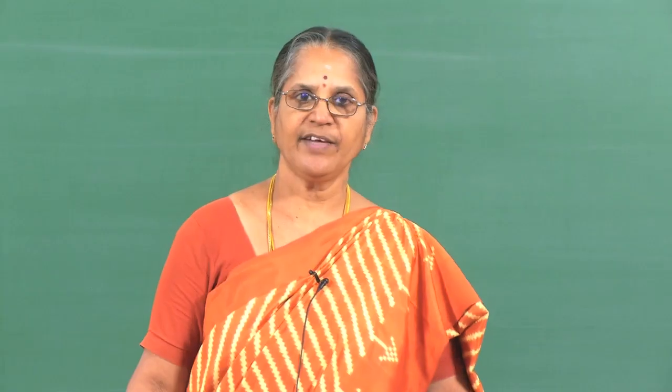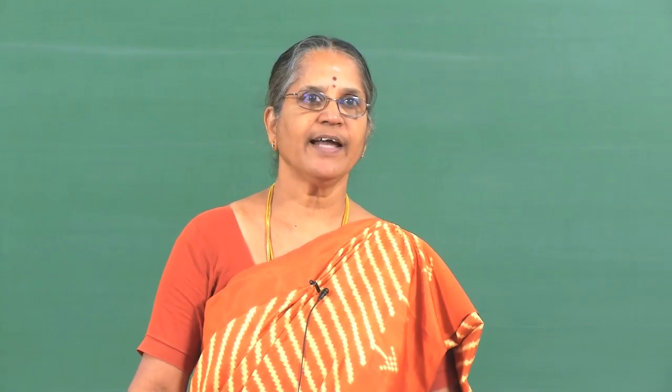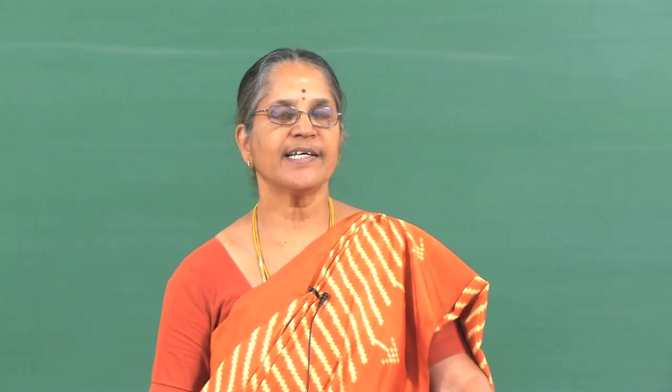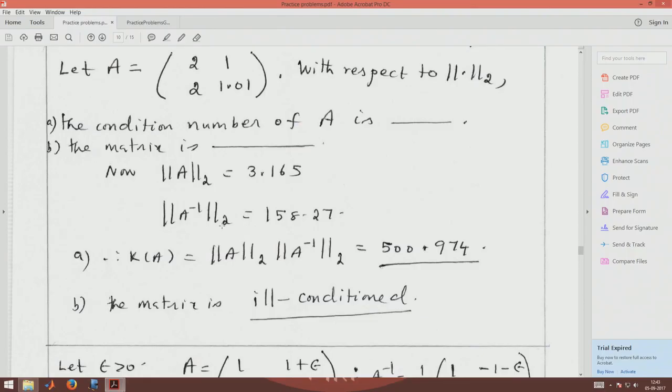Now that you know the definition of 2 norm for a matrix A, you can compute A inverse and work out the details and show that norm A inverse 2 is 158.27, and therefore, the condition number is norm A into norm A inverse with respect to the 2 norm, and so it is the product of these 2 values, and that turns out to be this. So, you have actually computed it and you are asked to fill in the blanks here. So, write out the result here that it is